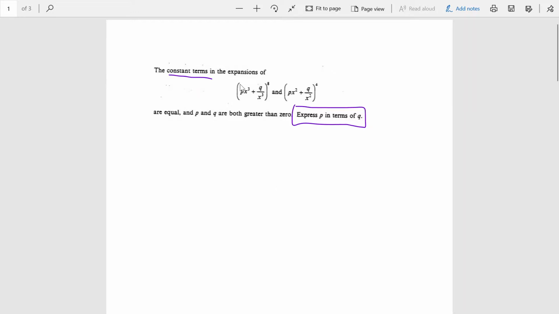where we have (px^3)^4 and (q/x^3)^4 to get something like 8 choose 4 p^4 q^4. And in this one as well, this would be something like 4 choose 2 p^2 q^2. And they would be equal to each other, or something along those lines. So this is the bet I'm placing, basically, that it's the fifth term here and it's the third term here,